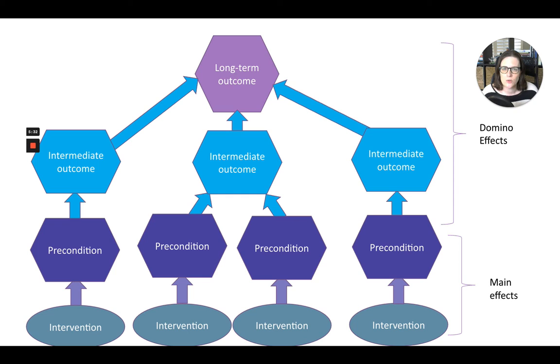Second thing that I think is really helpful is that you can see exactly which interventions are designed to influence which preconditions, which then lead to which intermediate outcomes. That tractability about where that chain of events is supposed to happen often lays the groundwork for some really great indicators that you can use to continue to refine your theory of change to make your organization's or your network's programs and services more impactful.